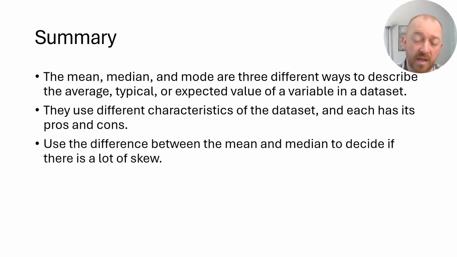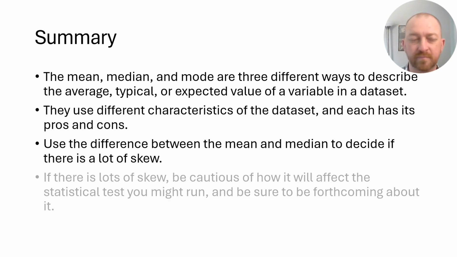And so is one better than the other? Well, they have pros and cons. I think the trick is to determine which one is most accurate in representing your particular data set. It's very important that if you're trying to understand the skew, you can use the mean and the median to do that. You look at the difference between the mean and median, and if there's a lot of difference, that means there's a lot of skew. If there's relatively little difference, or if they're the same, then there's little skew or no skew.